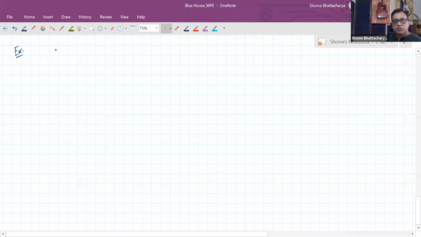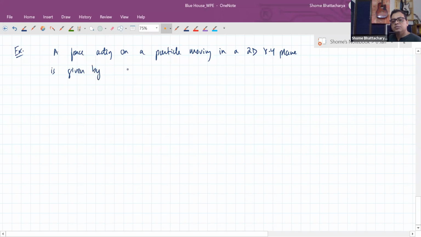So suppose a force acting on a particle moving in a 2D xy plane is given by this expression. F is equal to